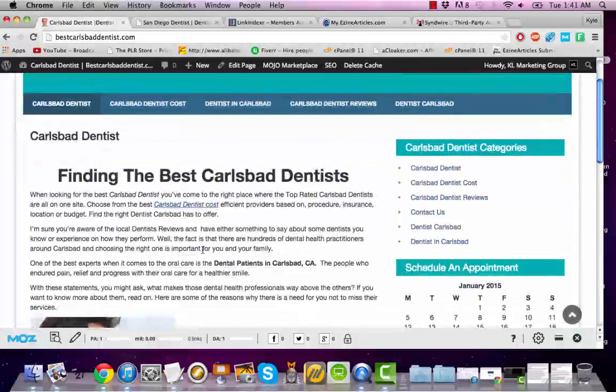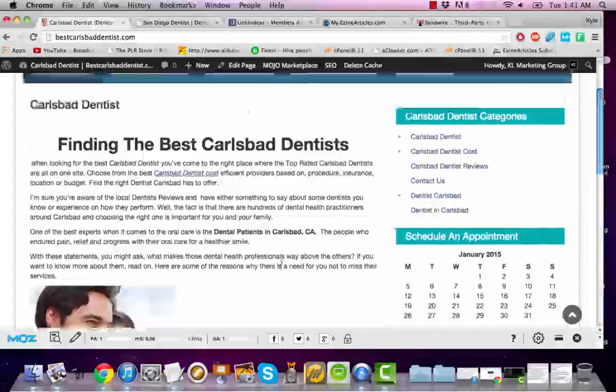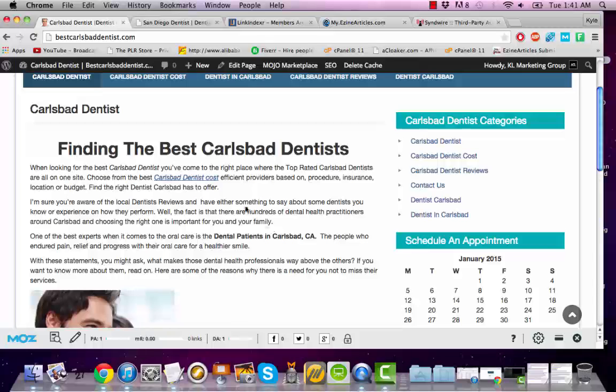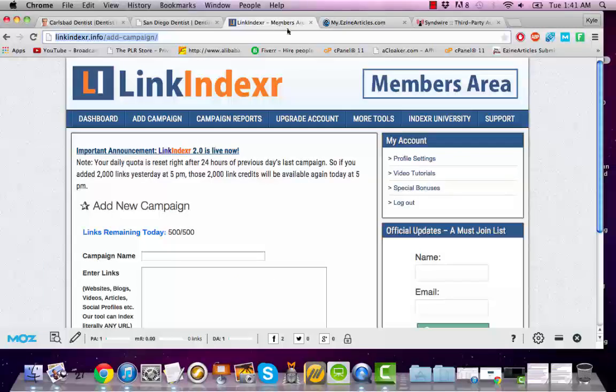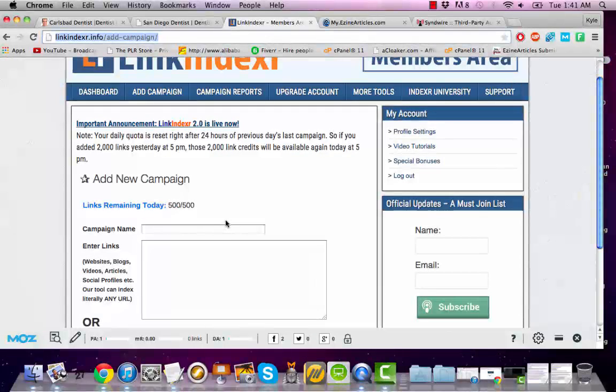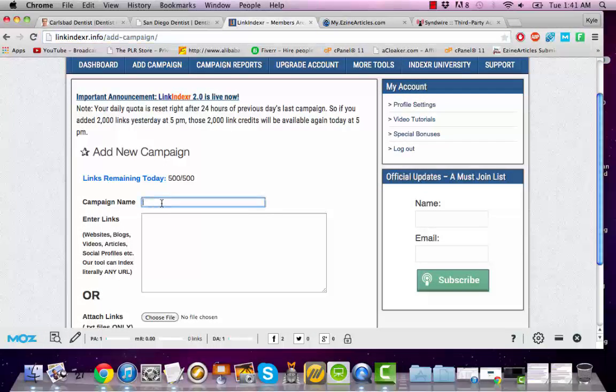Example site right here. So what you're going to do is take the link from the main website and put it into the link indexer. After you have all the login information, you're just going to set up a campaign and call it whatever the site name is. For instance, this one is Carlsbad Dentist site. After you're done with that, put in the link for the main site,